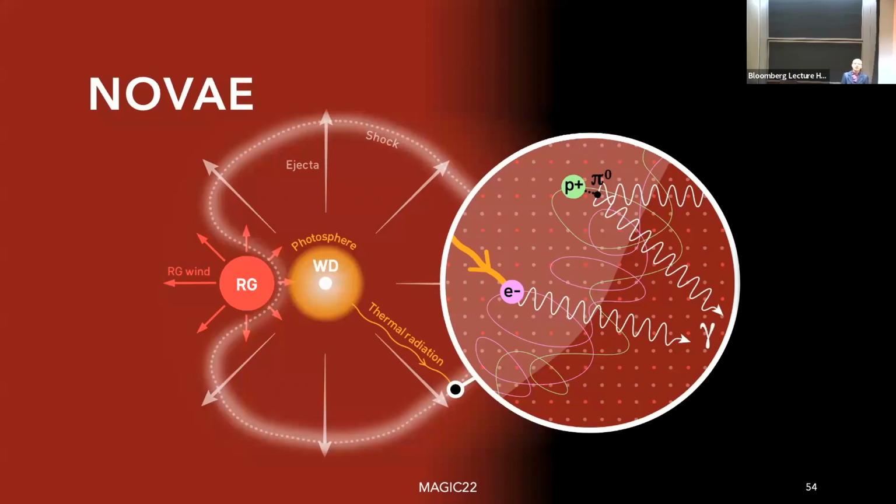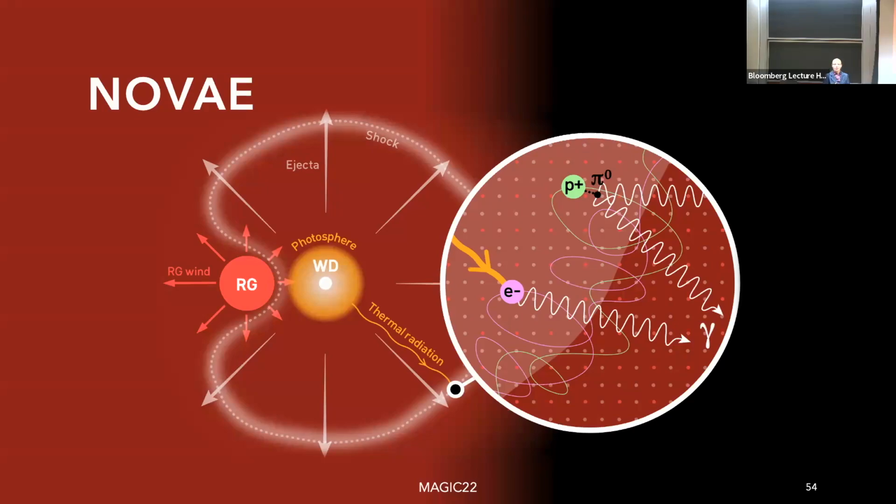Moving on to an example of a kind of miniature supernova remnant: a nova. The picture to have in your head is a white dwarf in a binary with some sort of either main sequence star or red giant. I'll mostly be talking here about a symbiotic nova, where you have this red giant companion. They're interesting because if you have a red giant, you likely have a red giant wind. And so if you have some sort of outflow, it's going to expand into a much denser medium.